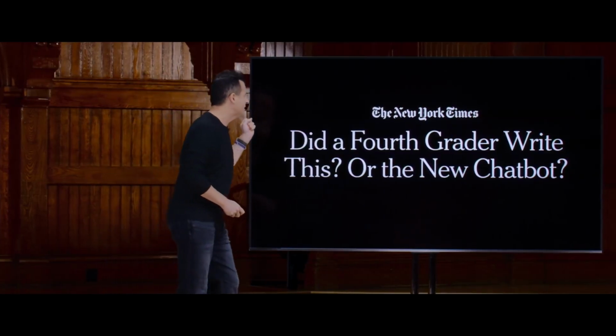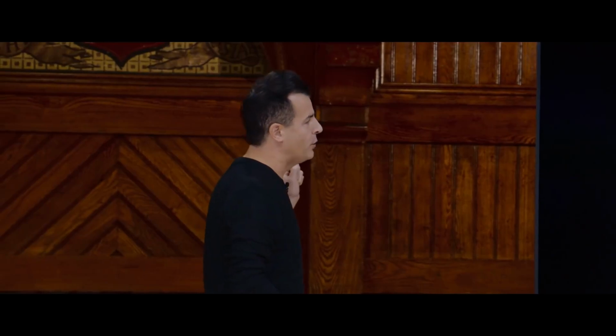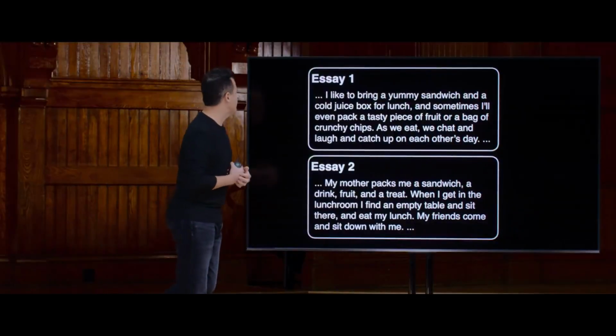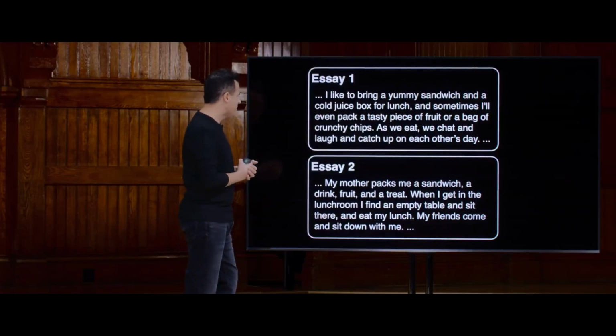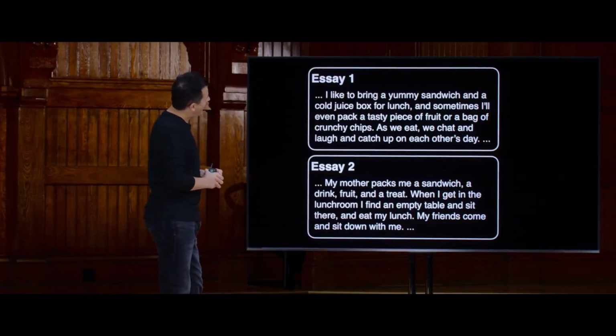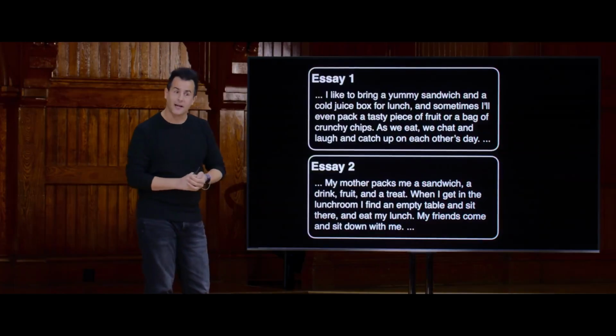Did a 4th grader write this, or the new chatbot? Here are 2 final examples. Same code as before, so no need to rescan. And here are the texts. Essay 1. I like to bring a yummy sandwich and a cold juice box for lunch, and sometimes I'll even pack a tasty piece of fruit or a bag of crunchy chips. As we eat, we chat and laugh and catch up on each other's day, ...